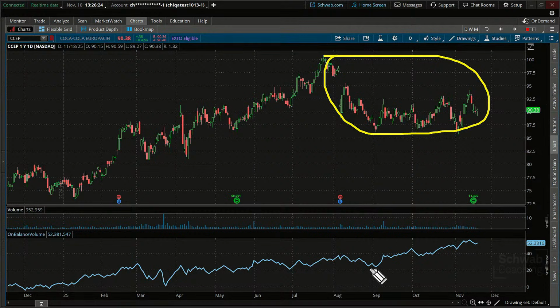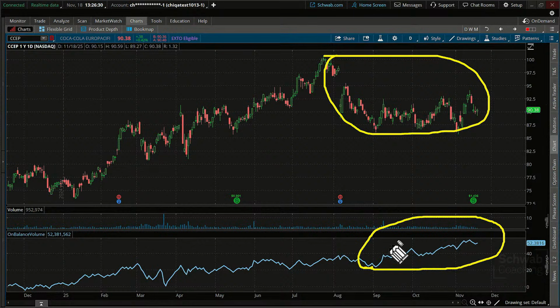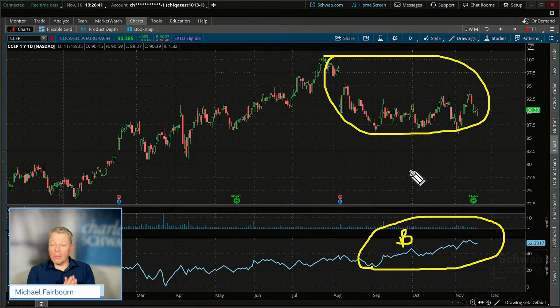It looks as though the smart money, this is what this is referred to a lot of times, traders will look at this. What did they do? According to this, there's been more buying on up days than selling on down days. So they saw this, if we're looking at it through the lens of on balance volume, as an opportunity. The pullback is an opportunity to accumulate shares, not sell.